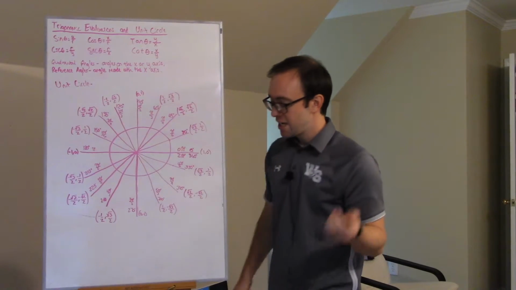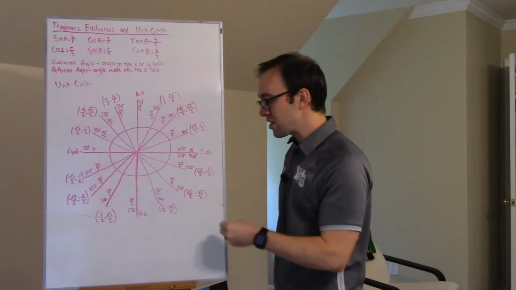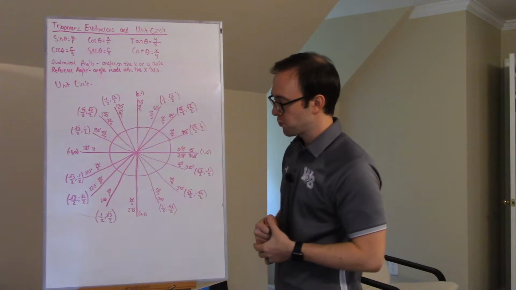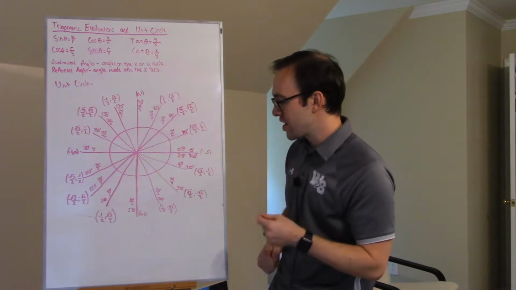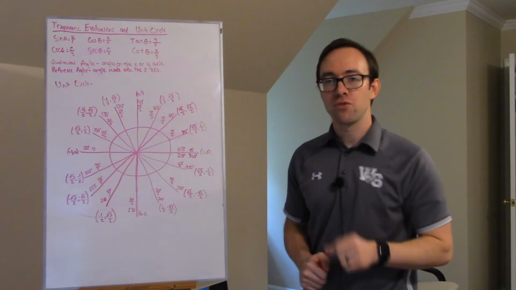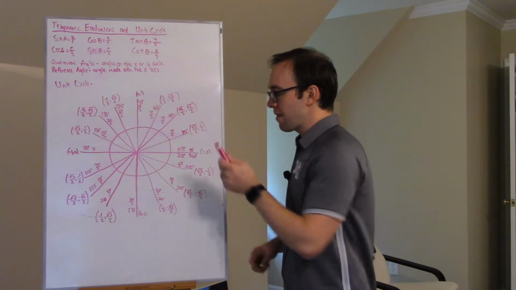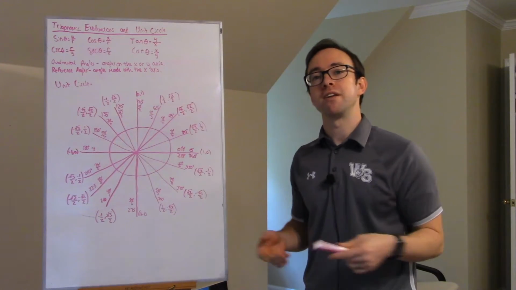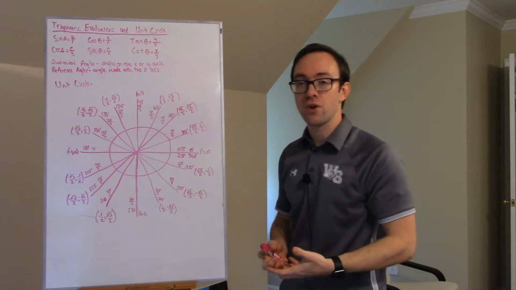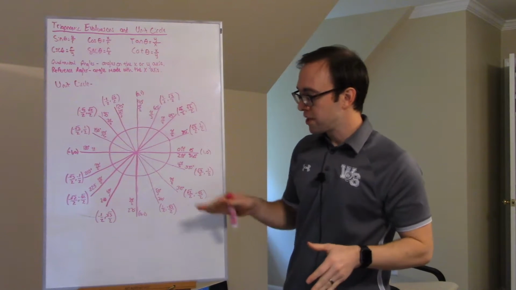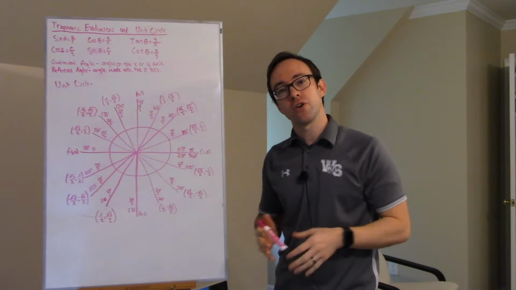For 315, it is (square root of 2 over 2, negative square root of 2 over 2). For 330 degrees, it is (square root of 3 over 2, negative 1/2). And then back around at 360, it is (1, 0). Now that's a lot to take in one piece of notes. But I do want to write a couple things down here below it just to let you know that it's a good reference for these things,